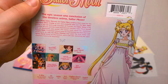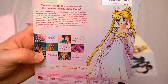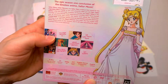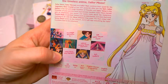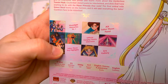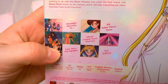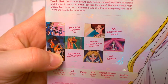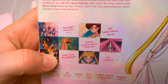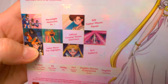Again, they've got a little bit of a summary of this half of the season. Same thing, I feel like they're really slacking on the bonus features. Like for me, cosplay team interviews, memories of the season, Sailor Moon Day highlights, none of those things are particularly interesting to me. I would really have liked to have seen some kind of a documentary about how Naoko got to getting the manga produced into anime, or maybe some of the troubles they were having. I guess it might have been much more difficult for them to get a hold of those people or find those interviews, but that would be sort of interesting to me as a fan. However, with this season,